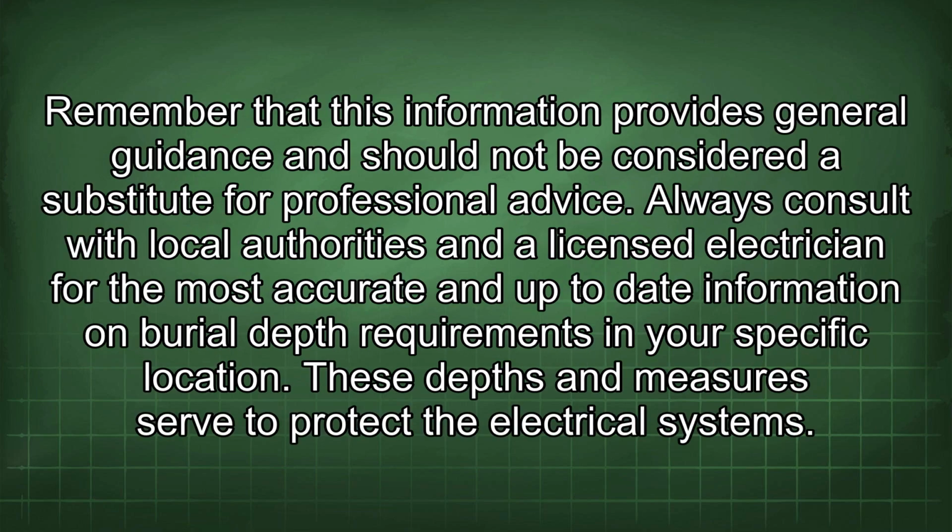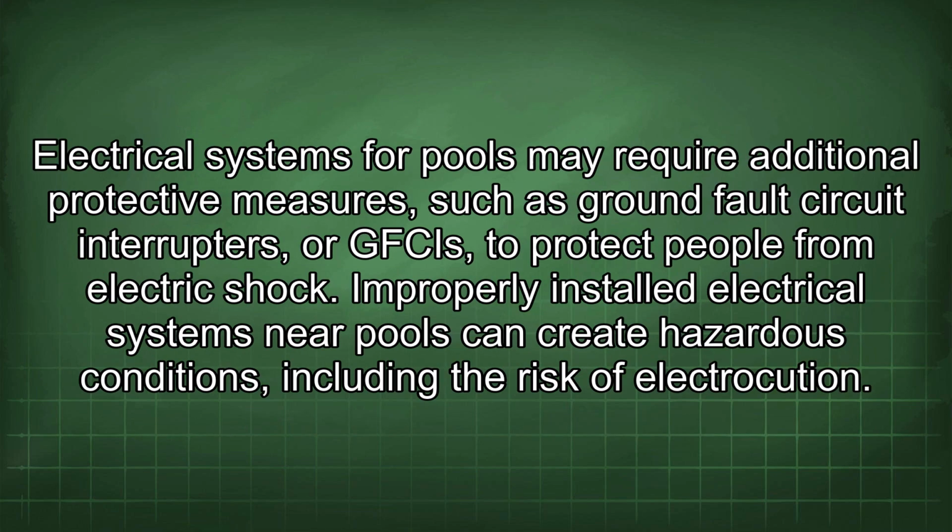Remember that this information provides general guidance and should not be considered a substitute for professional advice. Always consult with local authorities and a licensed electrician for the most accurate and up-to-date information on burial depth requirements in your specific location. These depths and measures serve to protect the electrical systems. Electrical systems for pools may require additional protective measures,